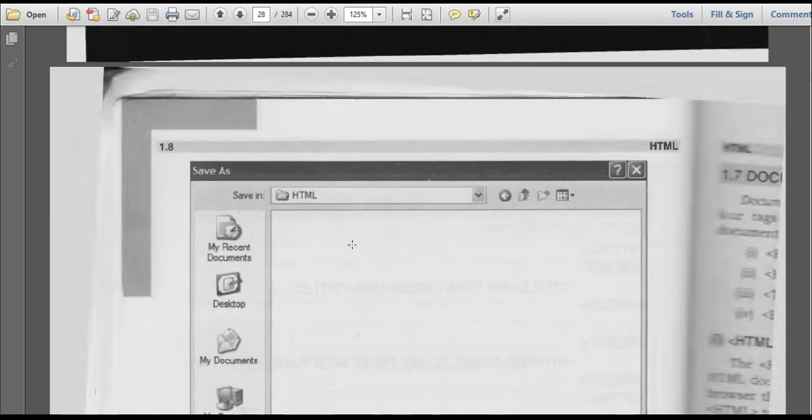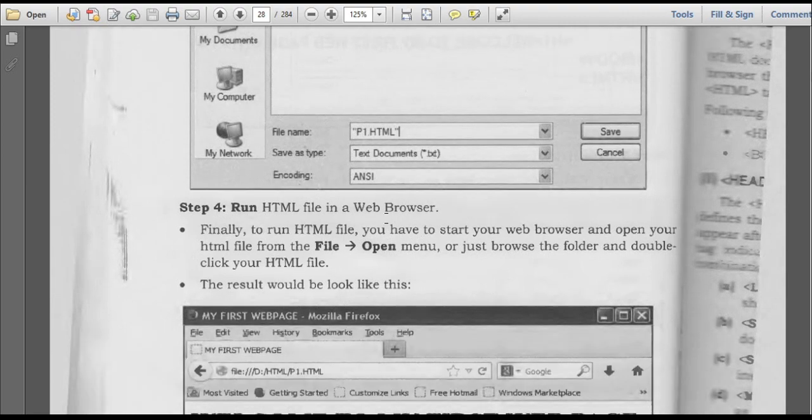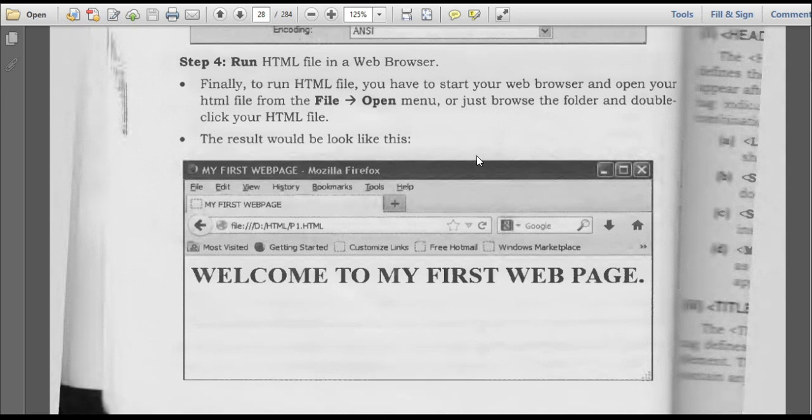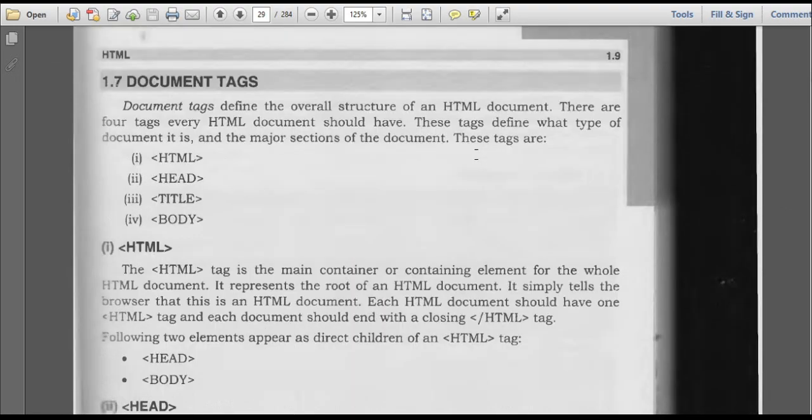You have to give a file name and save the program. Then run the program. Finally, to run the HTML file, you have to start your web browser and open your HTML file from Open, or you can double click on that document and it will automatically open in a browser. So this is about the HTML program structure.